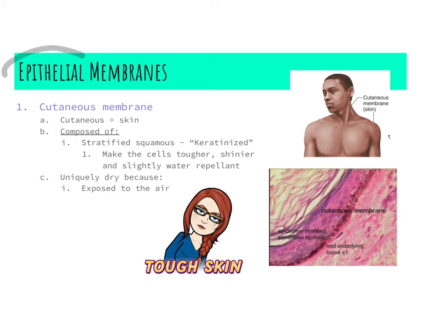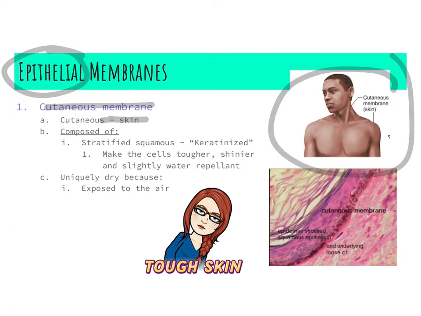So the first epithelial membrane we will talk about is called the cutaneous membrane. And anytime you see the word cutaneous, that means your skin. So your skin is actually considered a membrane. So your cutaneous membrane is your skin. As you remember when we learned about stratified squamous, that is the epithelial tissue that your skin is made up